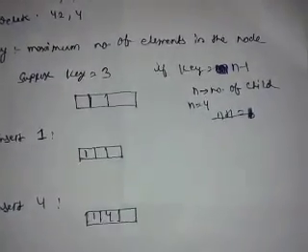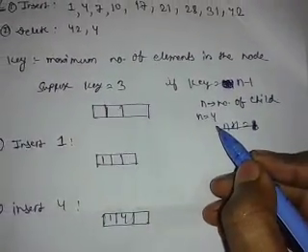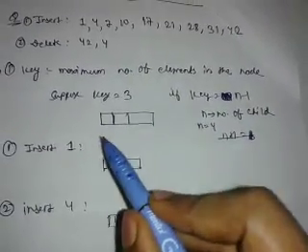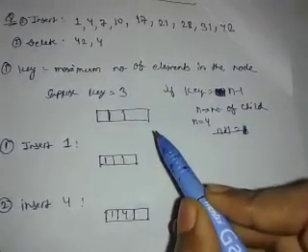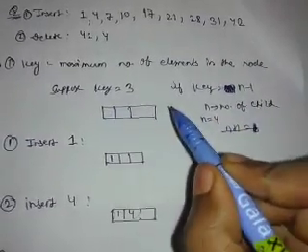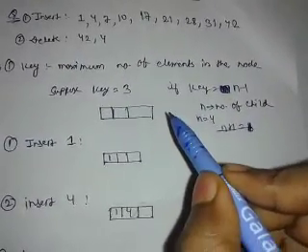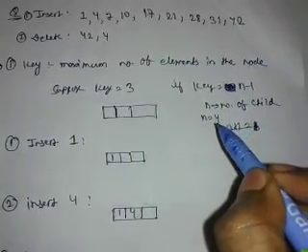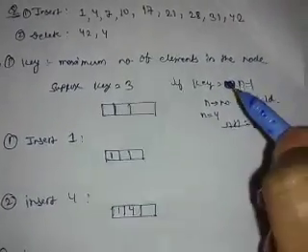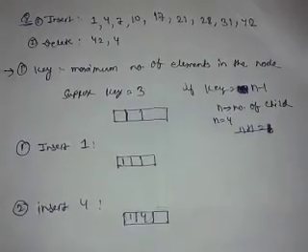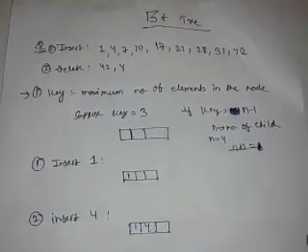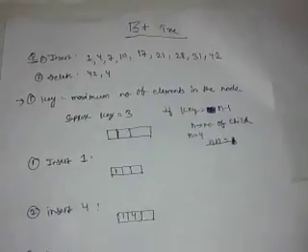It means if n equals 4, n is the number of children that this node has, and n minus 1, which is equal to 3, is the key of this node. So the key becomes, if n equals 4, then key becomes 4 minus 1, which is equal to 3. Okay, now let us quickly jump to the solution of this question.